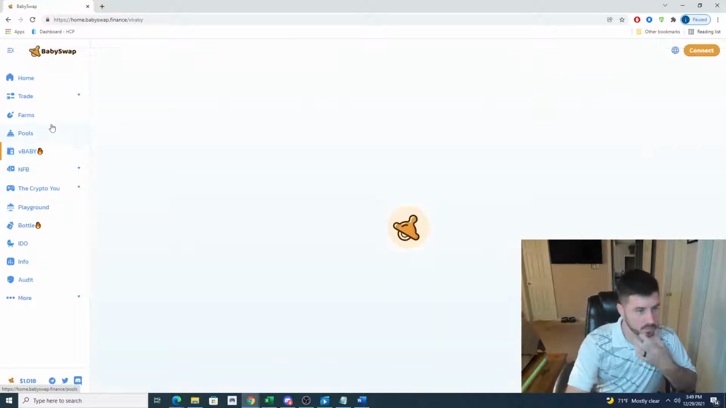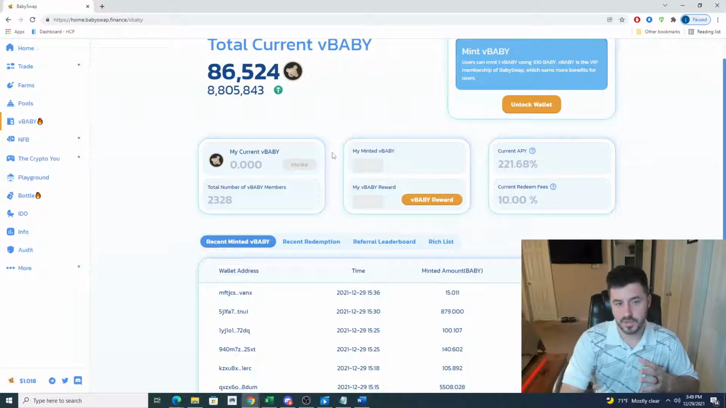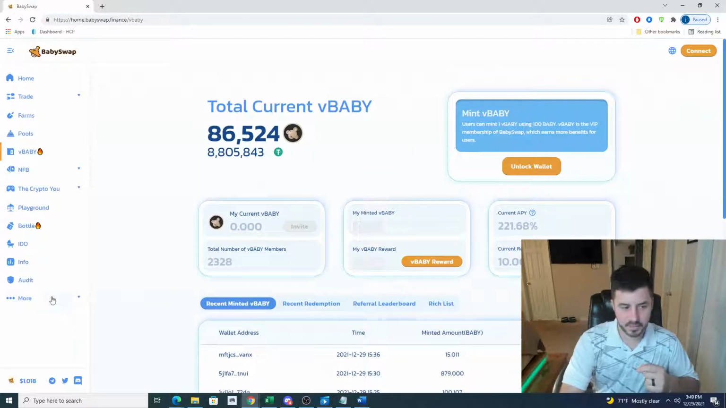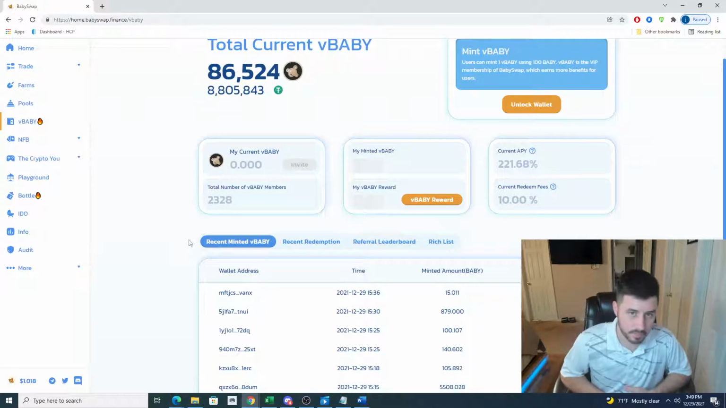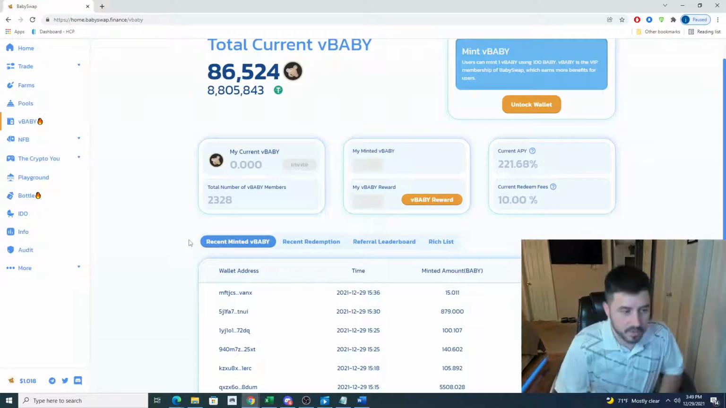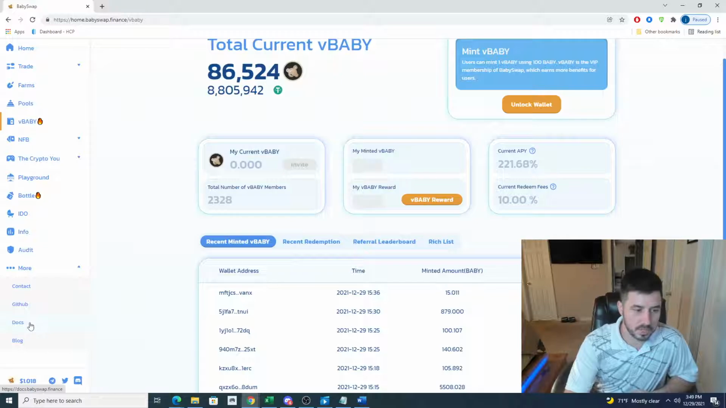Let's look at vBABY. This is the VIP membership token of BabySwap.finance. In vBABY, the idea is that you're a VIP on BabySwap.finance, and you will have to put in 100 Baby to get one vBABY. It doesn't necessarily have to be 100, but it's going to be that ratio when you put it in. The benefits over this in a pool is that we can go down here to documents,